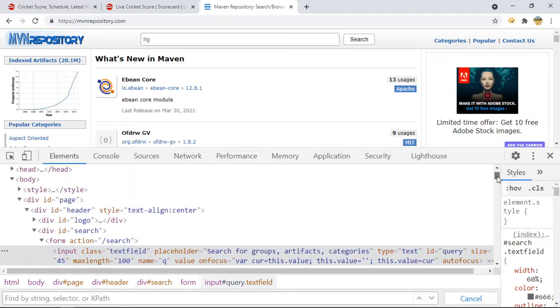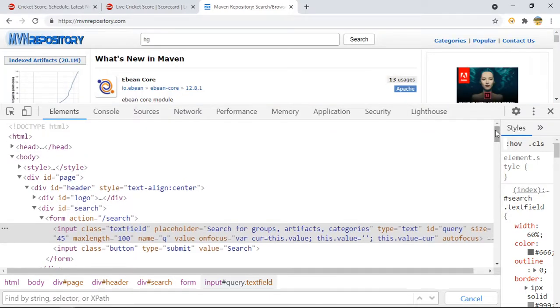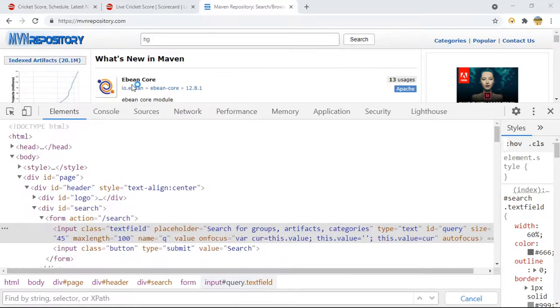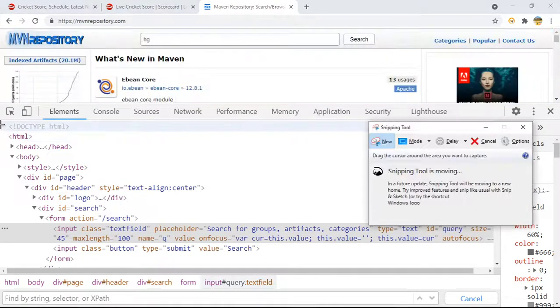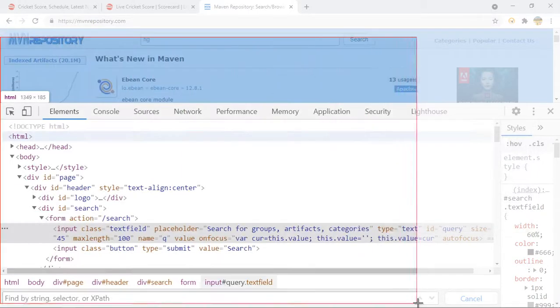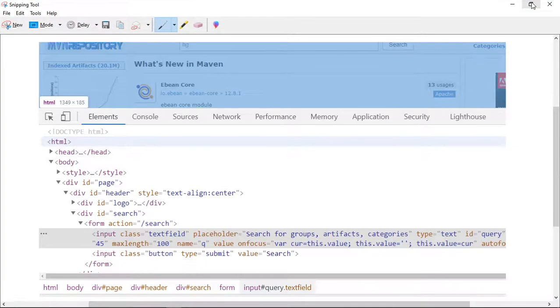If I take the snapshot of this, suppose we are working on the relative XPath. This is our text box web element.